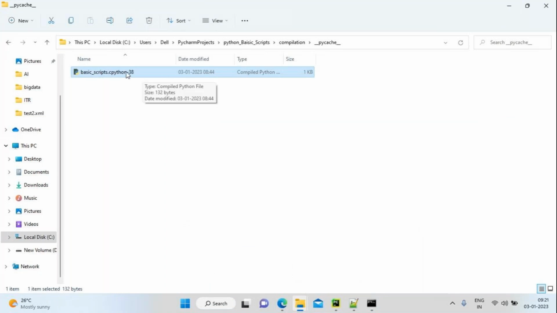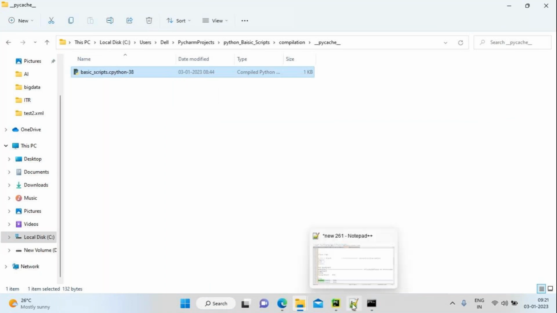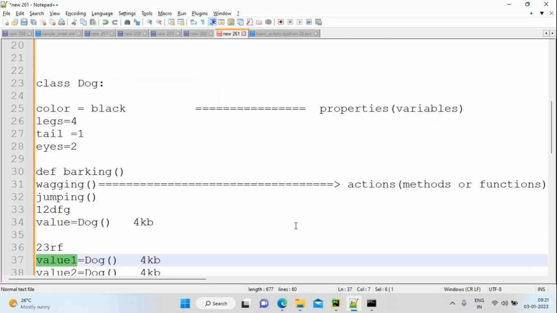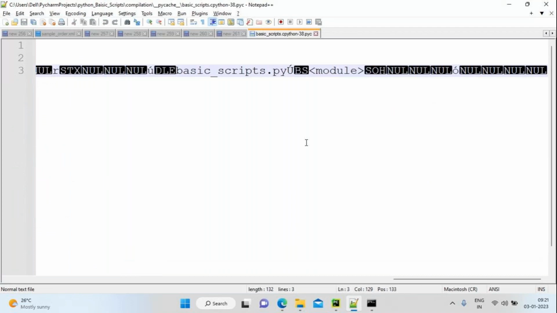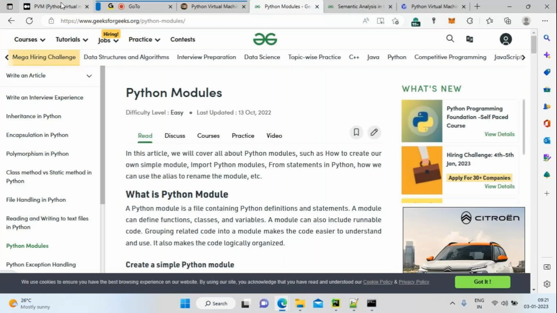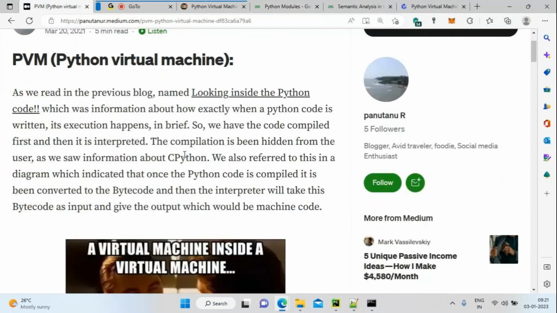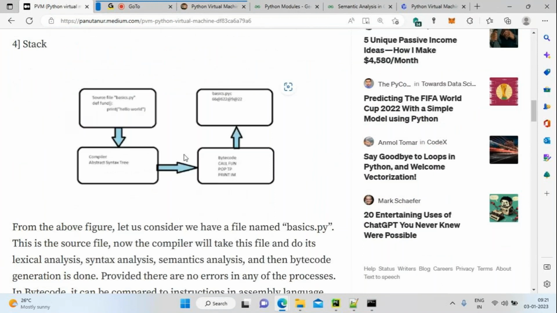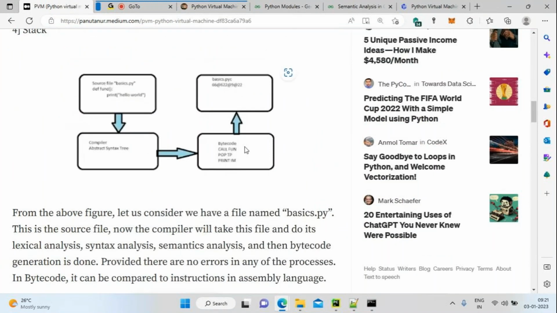This is the actual file. See, this is not having a proper encoding format. That's why it's not showing any assembly language; it's showing somewhat in an encoded format. The assembly language looks like this. You can see, right? Bytecode, call function, pop. These are assembly languages. If you are working with microprocessors, then you know about assembly languages.